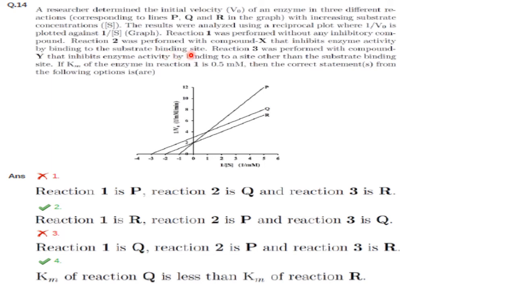So I told you it is the case of a competitive inhibitor. For a competitive inhibitor, Vmax is the same as the normal enzyme, but the Km is larger. So Vmax will be the same, that is over here. That is P will be the competitive inhibitor. Why? Because Vmax is the same but the Km value increases. So from point minus 2 it has come to point minus 1. So the Km value has increased, and